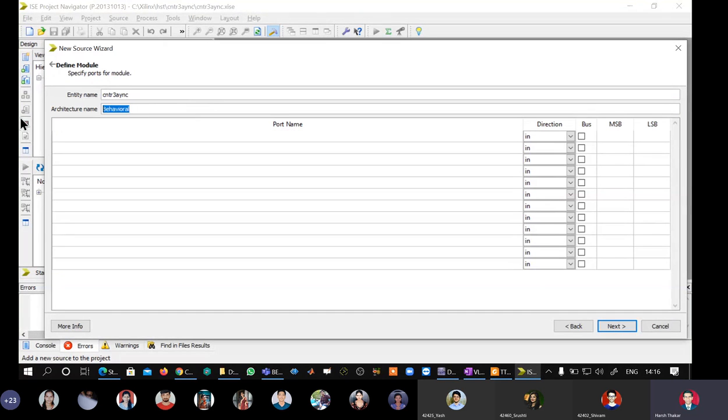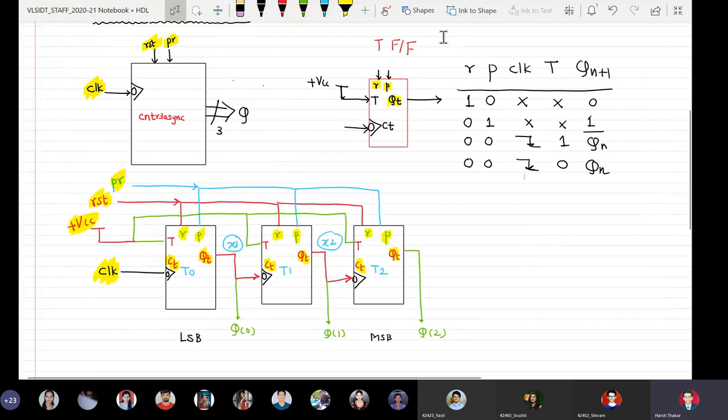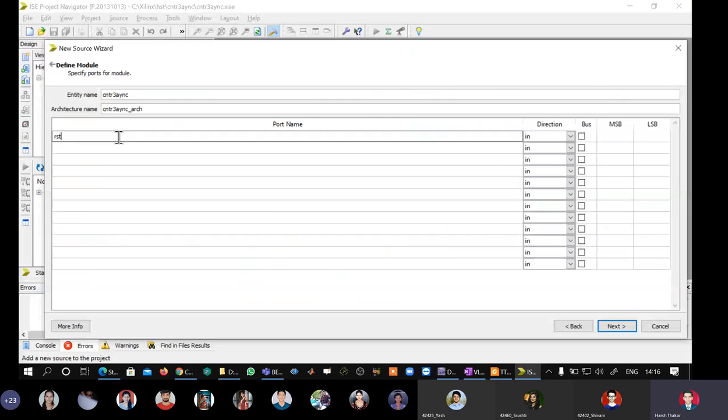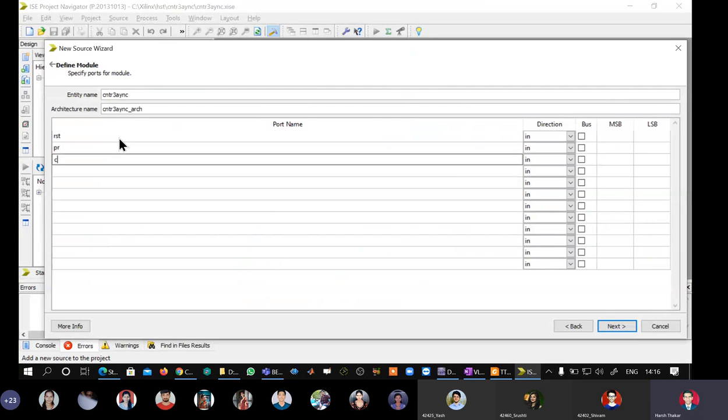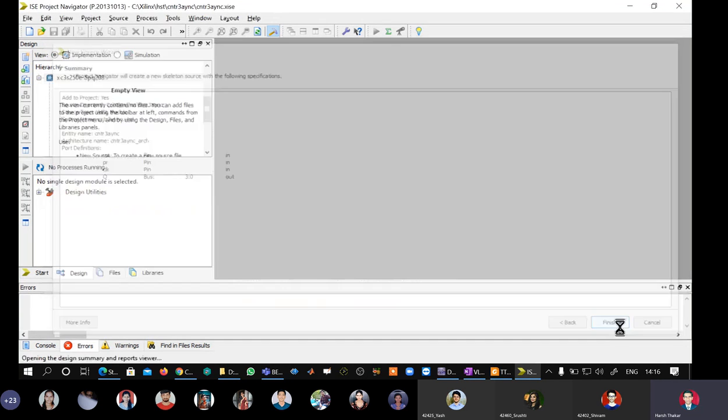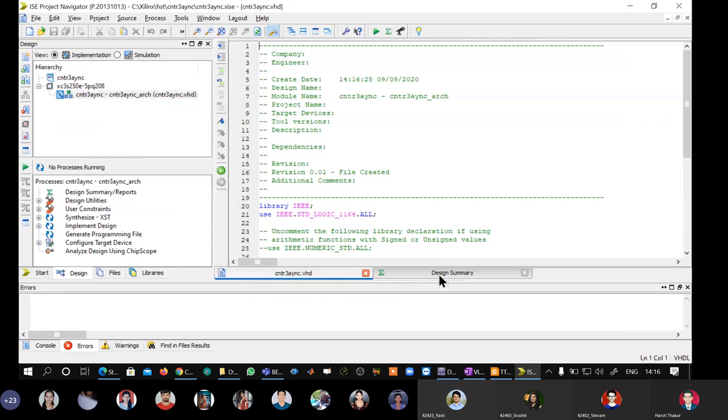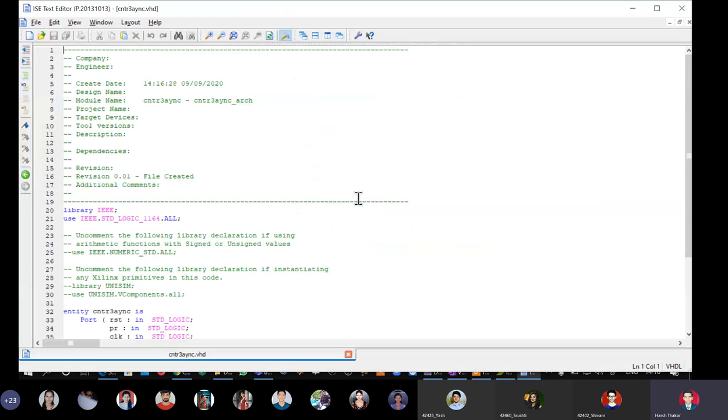Next, architecture name of parent, entity name underscore ARCH. Going back to block diagram, RST, PR, CLK, Q. Q is output, vector 3 down to 0. Finish. Okay, close the design summary, float the window.